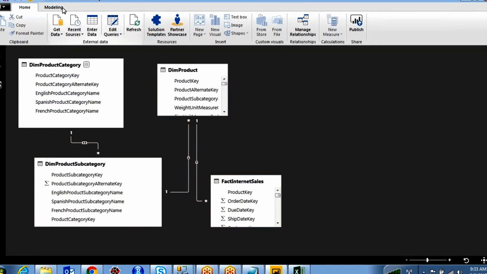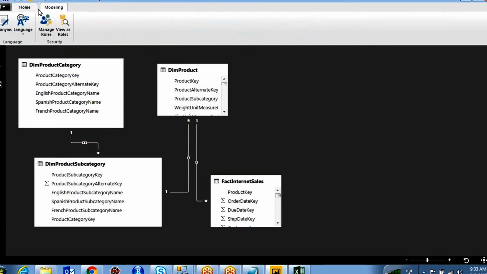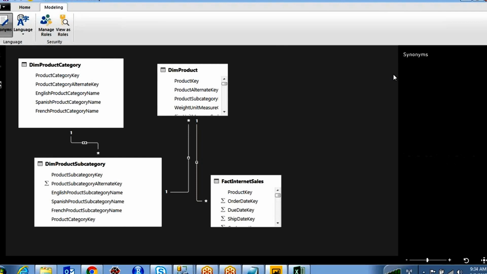Okay, right. So you just come to the modeling part. In this modeling, the manage roles we will discuss at the time of discussing row level security. What are synonyms?